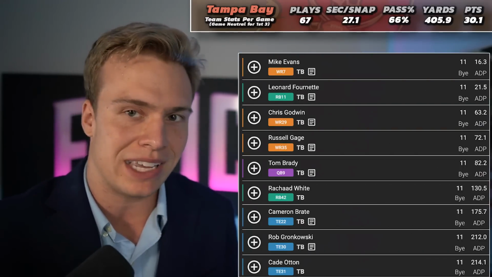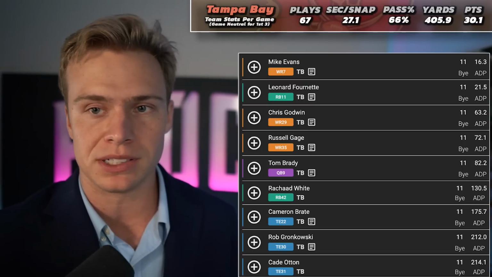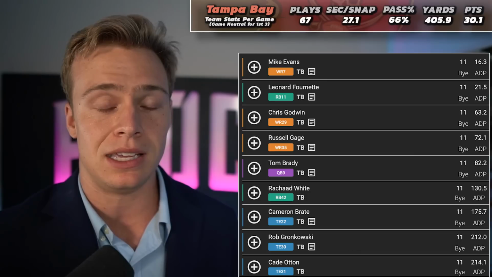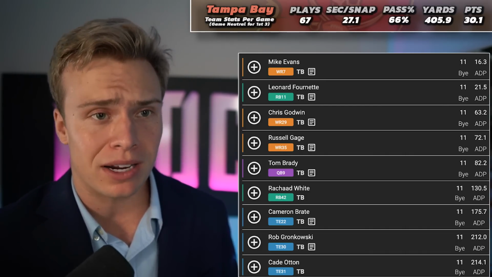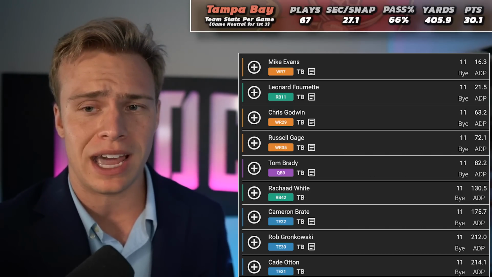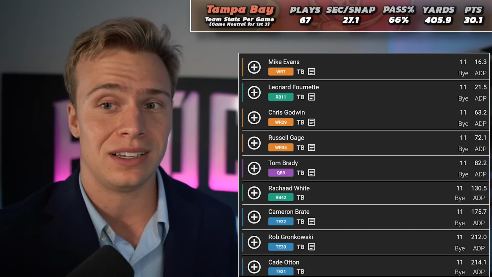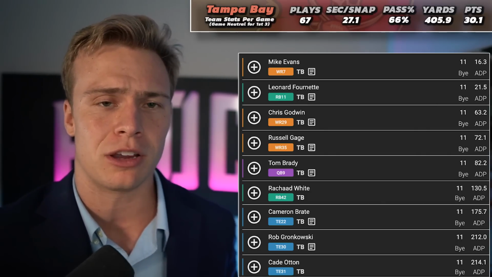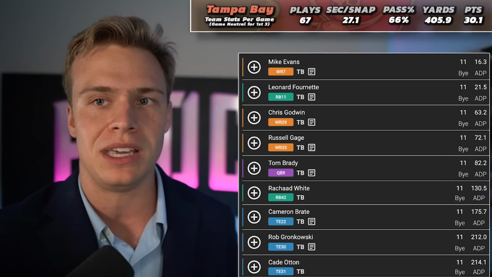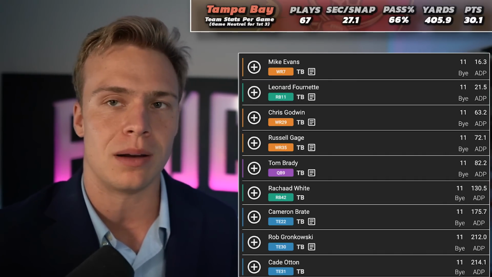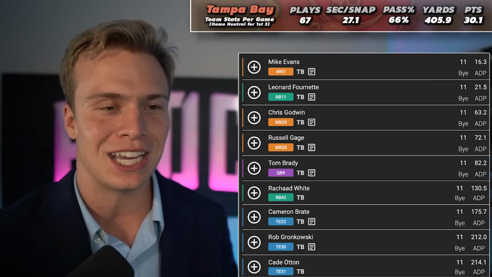Tampa, it's baked in as well. Tampa, with Jameis Winston in 2019, they were a little bit lower, but of course they were with Jameis Winston. They were top 5 in back-to-back years with Tom Brady, but I can't come out here and scream that everybody in Tampa is undervalued. You have Mike Evans sneaking into the back half of round 1. Now that Rob Gronkowski is retiring, you have Russell Gage skyrocketing up drafts. I've seen Russell Gage get drafted as a top 30 receiver. I've seen Chris Godwin slide because of the injury. I think you could make the argument that Godwin is potentially a little bit undervalued, but it's not necessarily because of the pace of play by any means. Leonard Fournette is also being drafted as a running back 1. Tom Brady, top 10 quarterback. So no, you can't take advantage of it with Tampa.